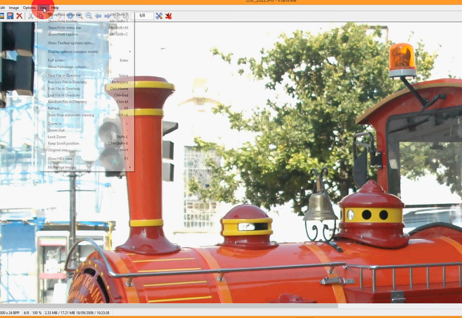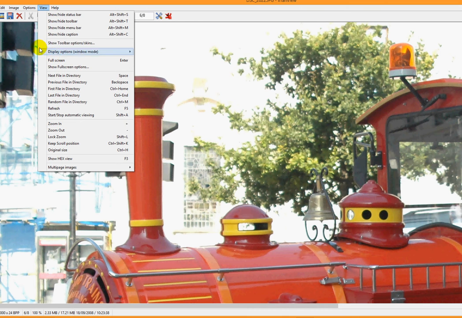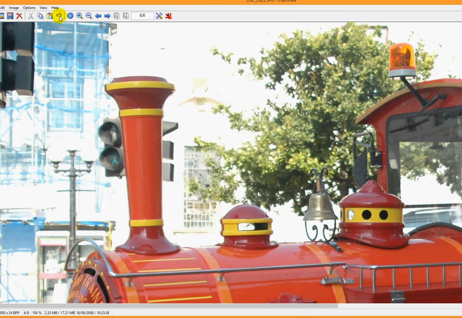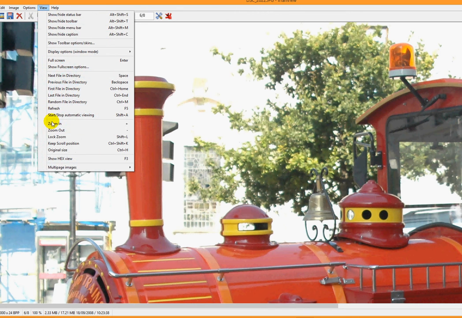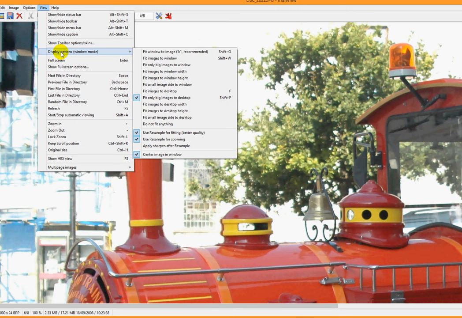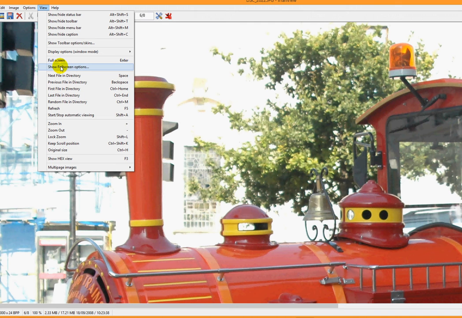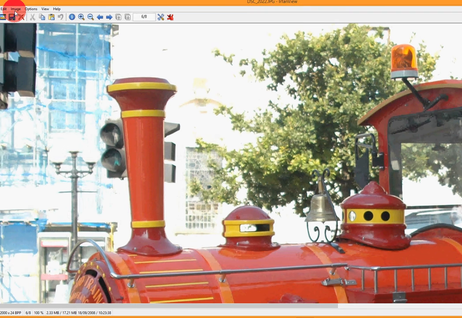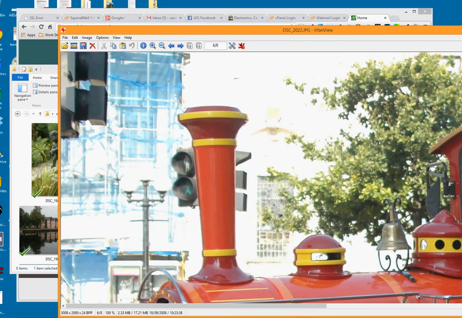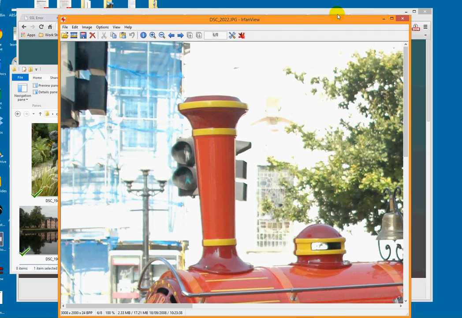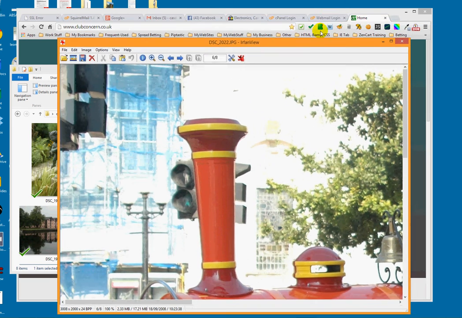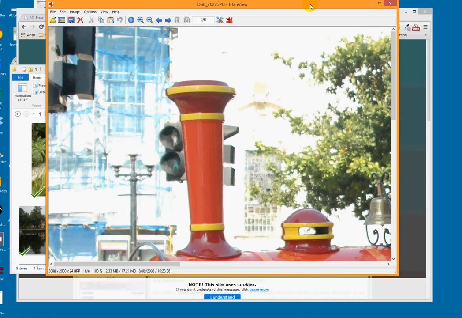Right, I'm going to click on view again, and then go to, what shall I pick? I just want to make it a bit smaller so we can have a look at it. Let me see if I can drag it. Yes, I can actually drag it a bit smaller, just so that it fits in nicely in this